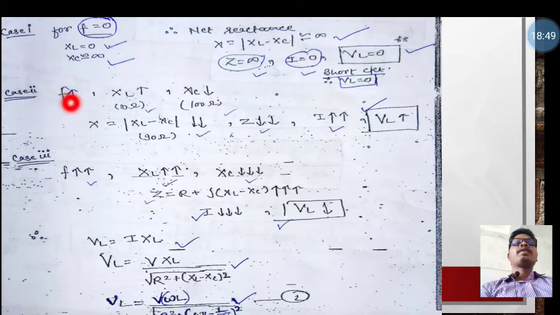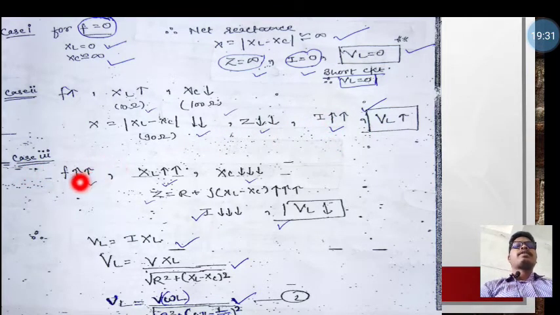And in case number 2, frequency will be increased very little, so XL increases and XC decreases. So X is equal to XL minus XC. So if XL increases very little and XC decreases from 100 ohm, say it is 100 ohm and 10 ohm, then the net is 90, the magnitude is minus 90. Okay, so if Z decreases, since Z is inversely proportional to current, current will increase, and the voltage also increases, because the voltage of the inductor is directly proportional to the current, so voltage increases as the current increases.